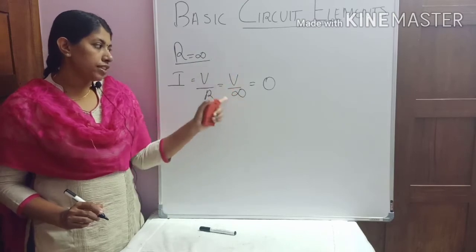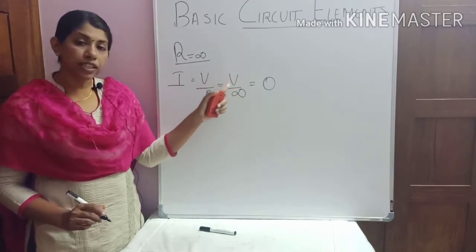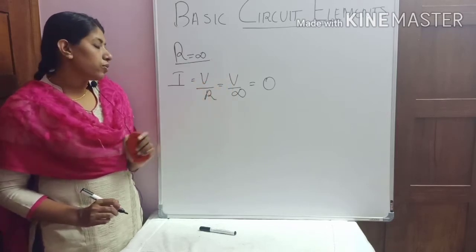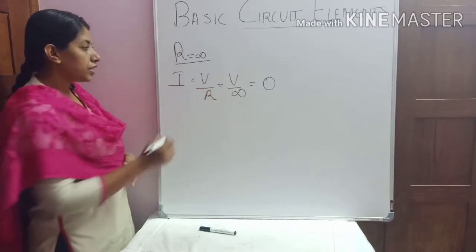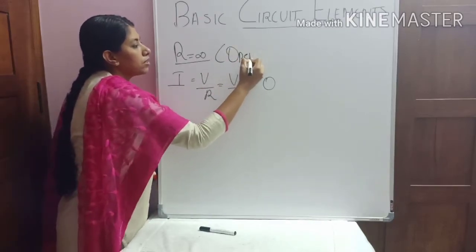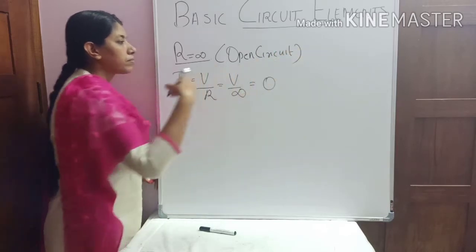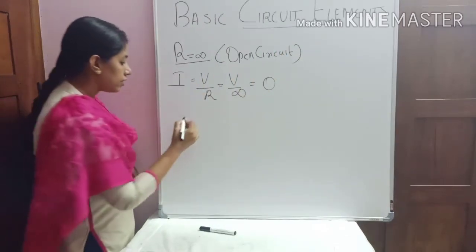Also we can see that the value of V is not 0. It can take any value. This condition is called an open circuit, and it is represented as